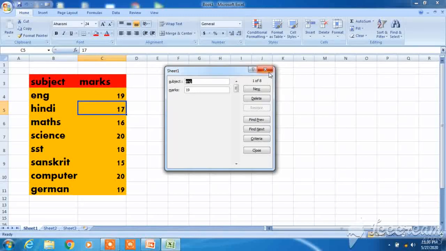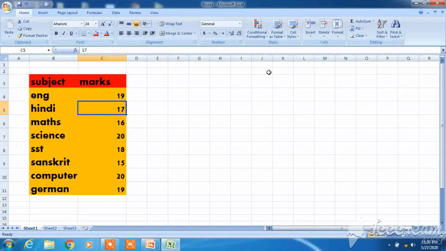Now coming to sorting. What is sorting? It is the arrangement of data in ascending or descending order, right? Can you see this editing? Everyone please pay attention. In the home tab, can you see the editing where sorting and filtering is there? Today we will work with sorting only. Sort smallest to largest, sort largest to smallest, custom sort.